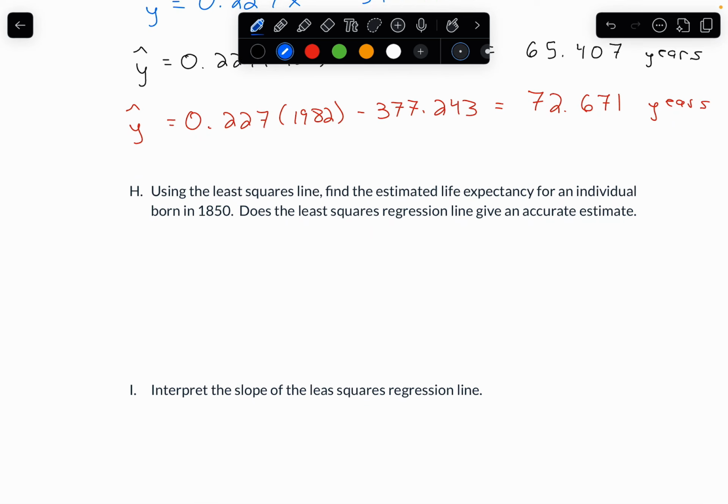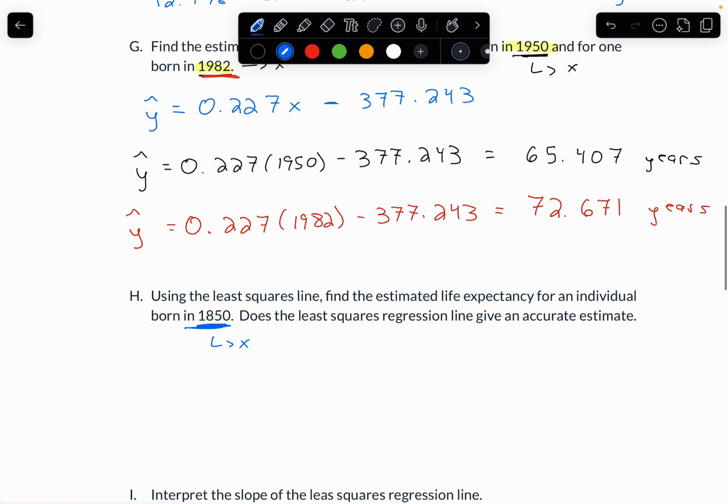Looking at part H, it says, using the least squares regression line, find the estimated life expectancy for an individual born in 1850. Again, this is a year, so this is an X value, and then it asks, does the least squares regression line give an accurate estimate? Let me scroll back up so I can see my least squares regression line. Remember, I'm just taking that X value and plugging it into this equation that I found in the last video. So Y hat equals